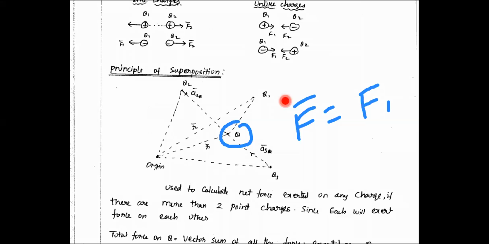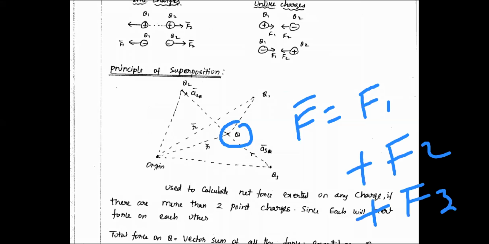Force on Q due to Q2, that I can call F2. And similarly F3 I can calculate. Similarly, if any number of charges comes, I can calculate the force. Finally, I will get the final force, the superposition of all the forces. It may be positive, it may be negative, or it may be 0 also. We don't know that. Only after calculation will you come to know what is actually happening.